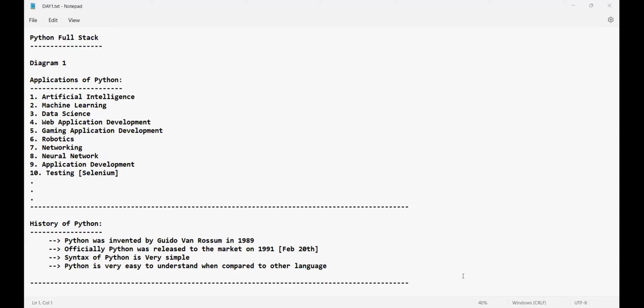Okay, now let me just create a new file. Or before creating a new file, I would like to explain why Python is used extensively in the field of AI, ML, and data science. How many of you enjoyed yesterday's Powtoon that I displayed? Have you enjoyed that? I just showed one small Powtoon on how Python was invented and what made him invent Python. Similar to that, shall I explain AI, ML, all those things? Will that be fine?